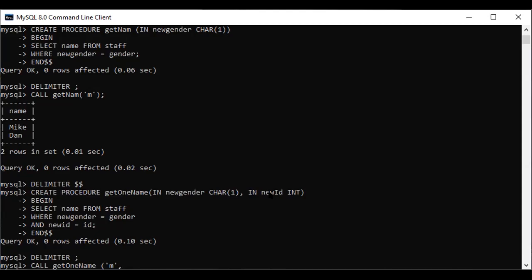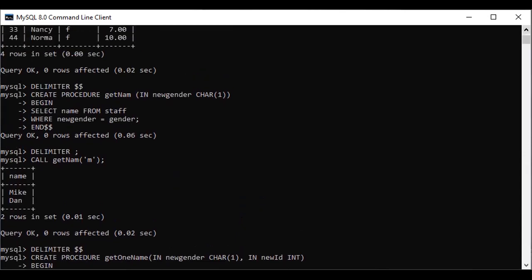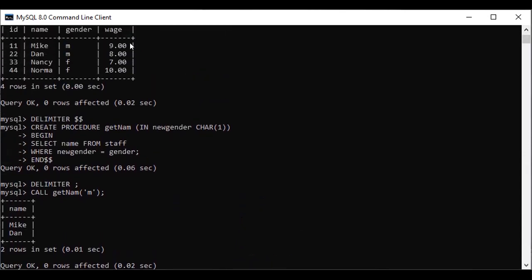New ID resembles ID. So what ID do I want? 11. I pass the gender M, and I pass the ID 11, to get the name Mike.